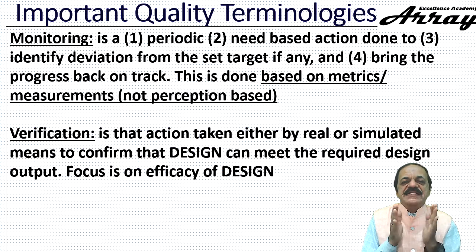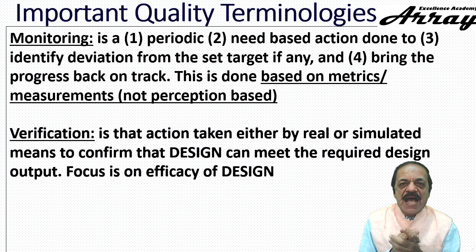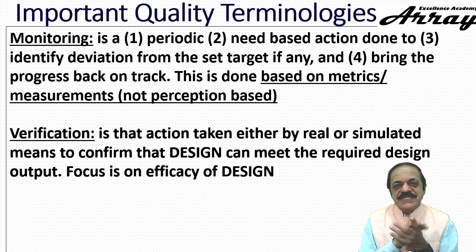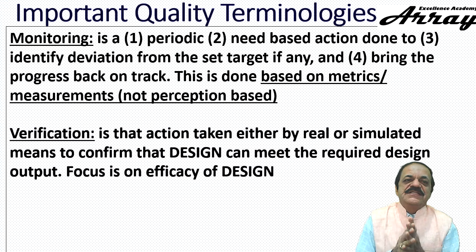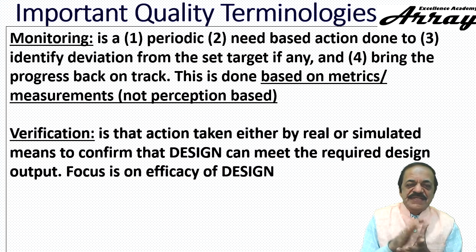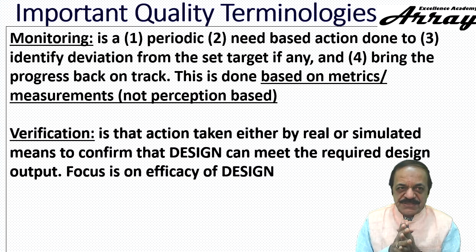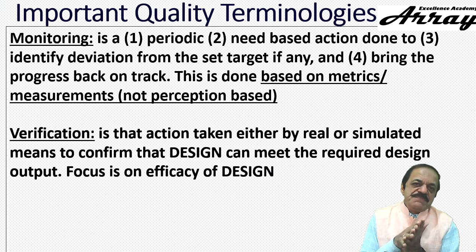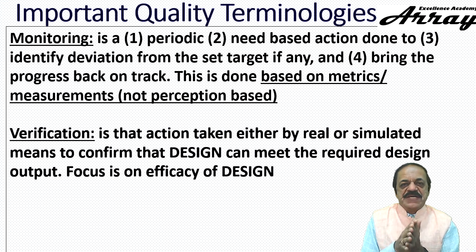Means if I am designing an equipment for a range of 450 kilometers and after the design and making the item, it can only create 380 kilometers, mean that item is a waste, it is rejected. So I should do simulated mode utilization to see whether my design really can produce that item which has a 450 kilometer range. This confirmation can be by real means or by simulation means. This is called as verification.